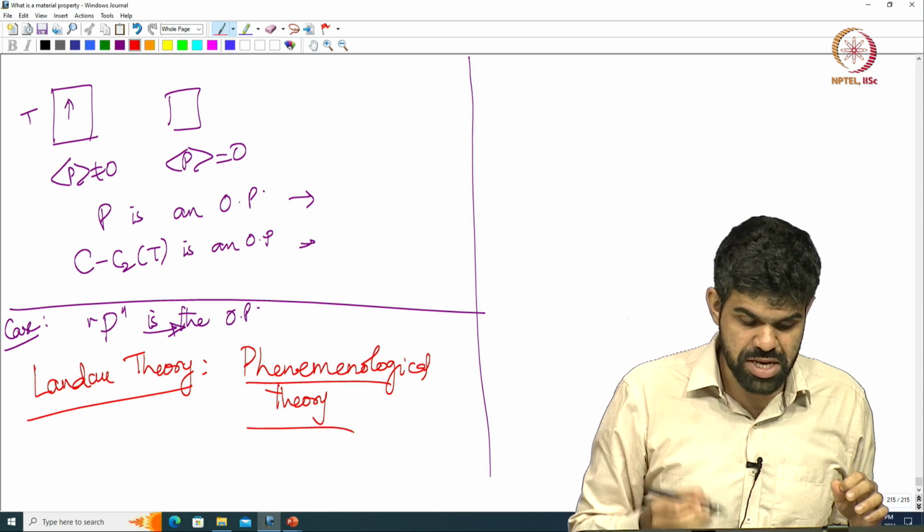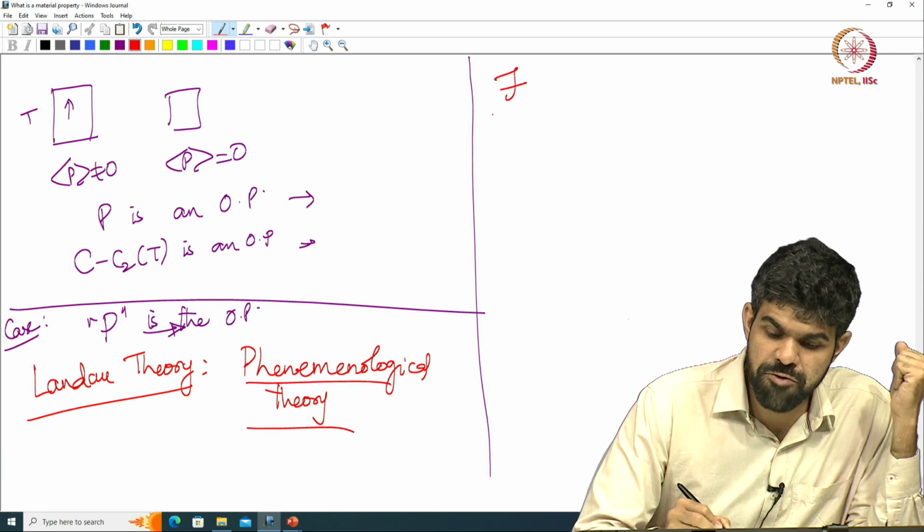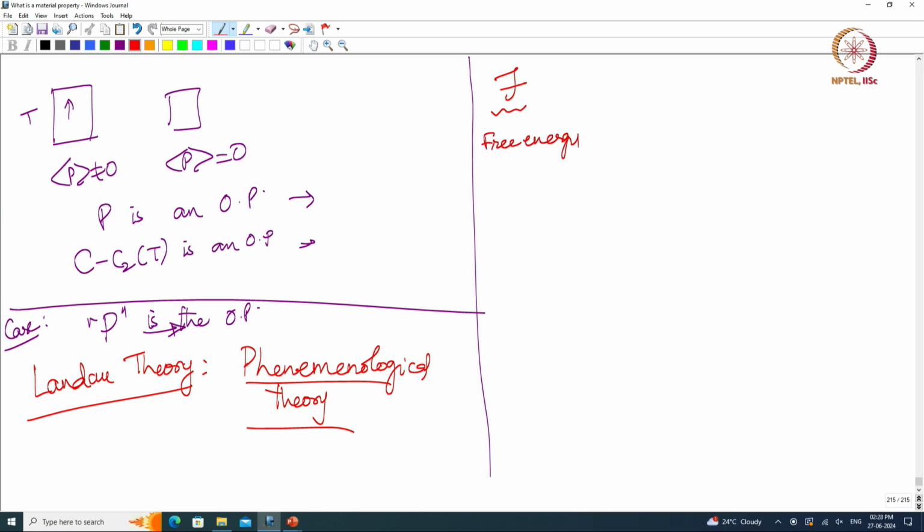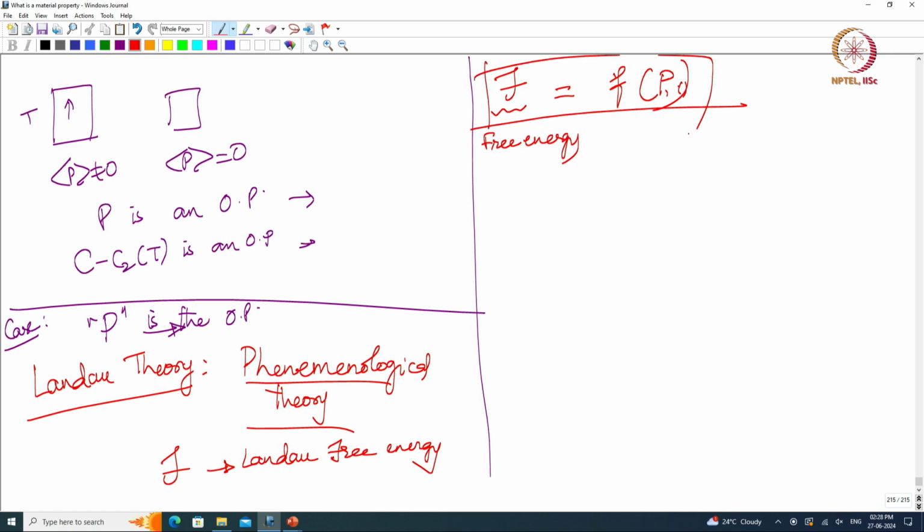Okay. So this is a phenomenological theory where I start by writing my Landau free energy. This is called free energy, again a thermodynamic theory. So F is what is called the Landau free energy. Now, Landau free energy can be expressed as a function F of the order parameter. In this case, the order parameter is P. If I have 2 order parameters, I will write both; if I have 3, I will write all 3. So the free energy is a function of the order parameter. In what way can I expand it? I am going to say the free energy is equal to A0 plus A2 P square plus A4 P4 and so on and so forth. So I am just going to do a polynomial expansion